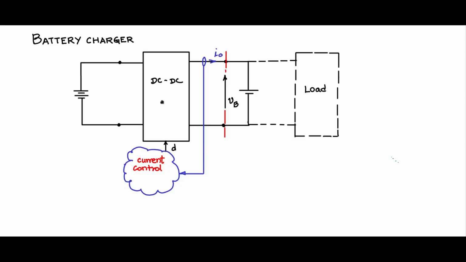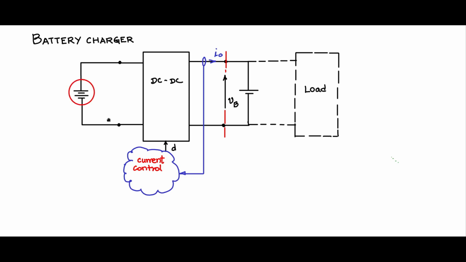A common and popular application of DC-DC converters is in battery charging. Battery chargers are made of switched mode DC-DC converters. So you see that here is the battery which needs to be charged. That battery of course will be used to drive some load. Now this battery is interfaced through a DC-DC converter with some DC source.